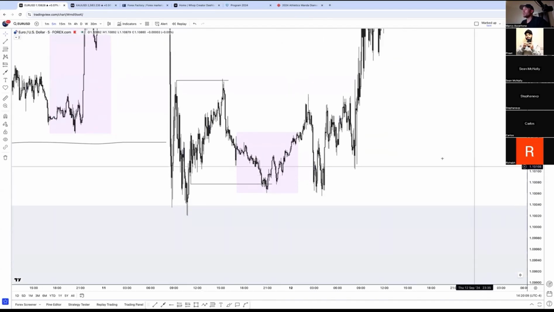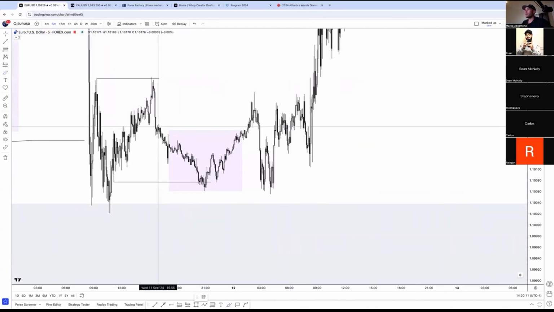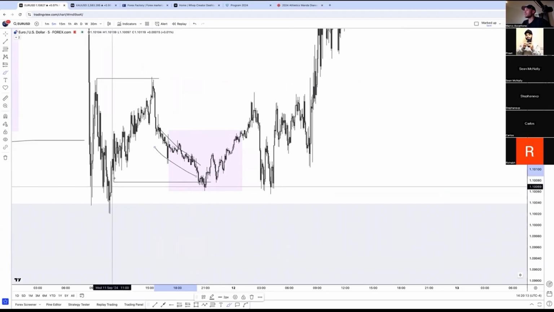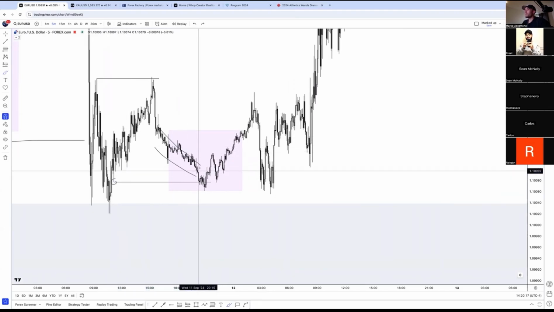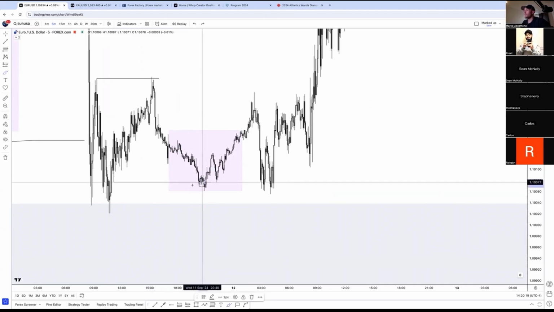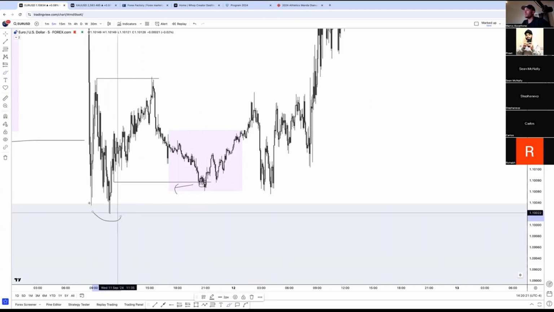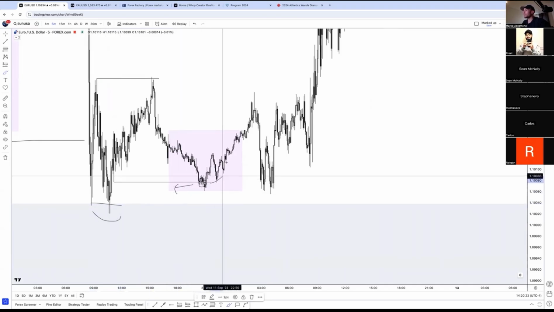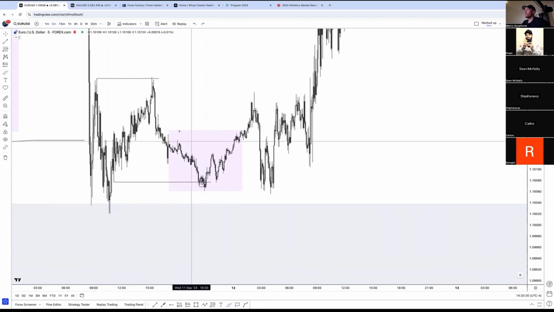Okay, what occurs? Look at this buildup we had on the way down to taking out this low over here. All this buildup. We built up all this liquidity. So what happens is we grab the lows from the left, mitigate the liquidity block. That allows us to go long. And what are we targeting? This whole buildup to the downside.